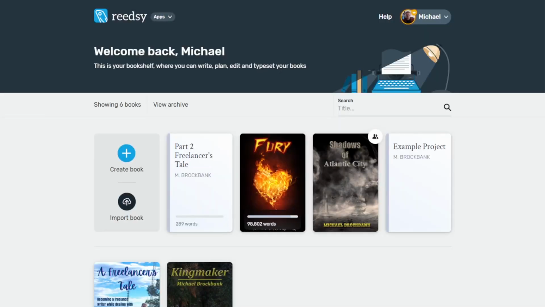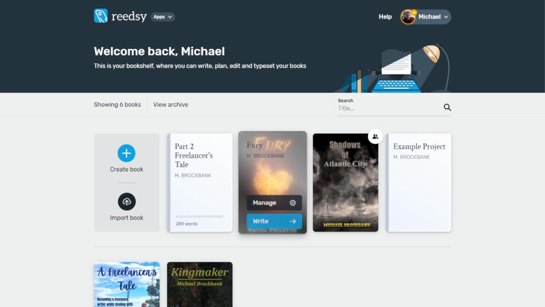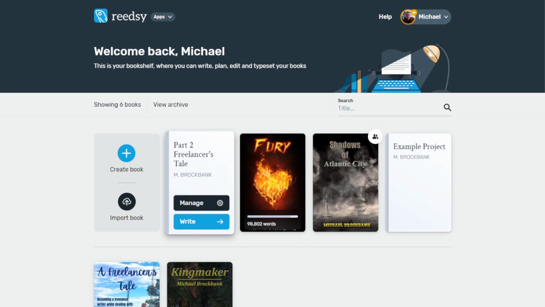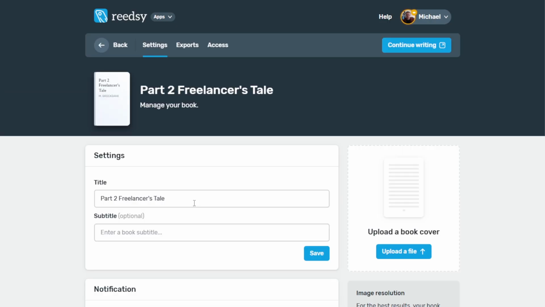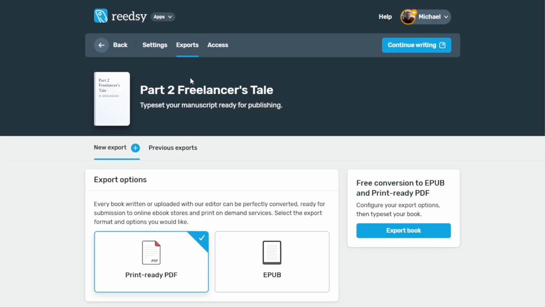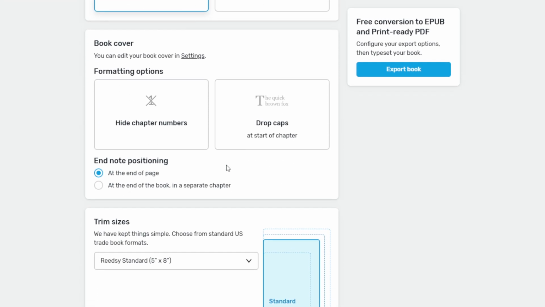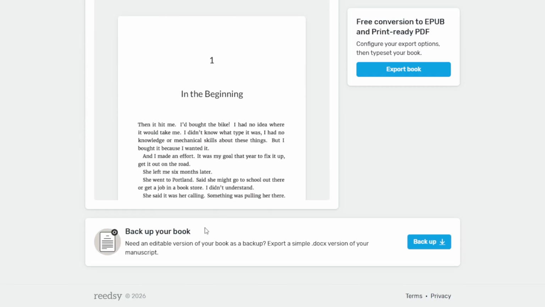So I'm not 100% sure why you were getting an entire block of text, but here's how you can get around that. First of all, we're going to start from the bookshelf, and we're going to export this one here. So I'm going to hit Manage. And then from here, we're going to go up to Exports. And then we're going to scroll all the way down, and we are going to export a backup of our book. This is going to save it as a docx file. So we click the backup,